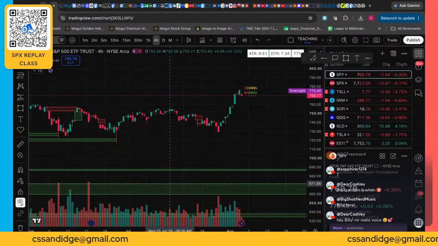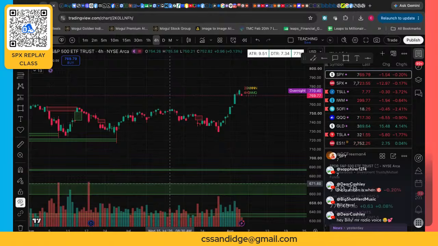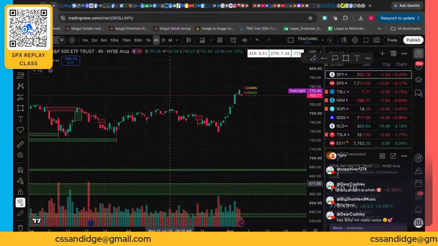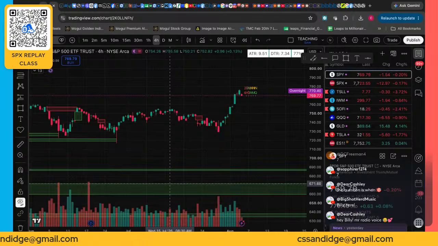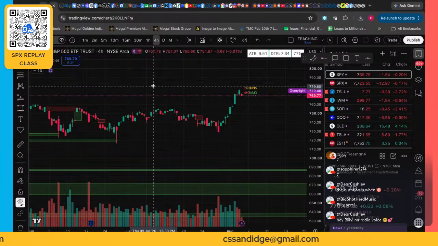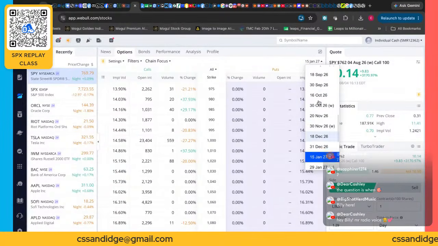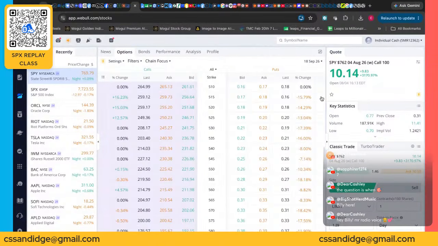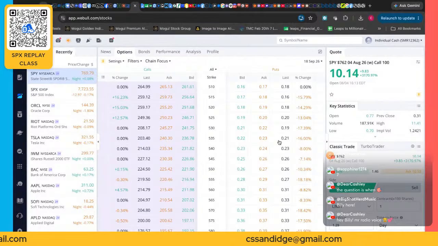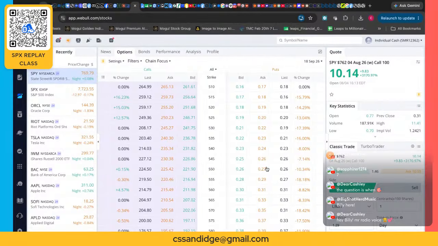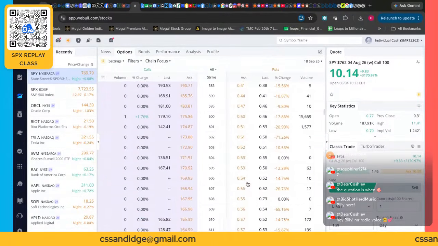So I want you guys to add some contracts to your watch list to look for. If you've been in my Discord, you know my watch list goes hard. So I was like, I'm not going to be stingy. I'm going to give the watch list to everybody. So here are some of the contracts that I'm looking for on SPY. So let's go out to September 18th, and I'm going to tell you why I'm looking at them.